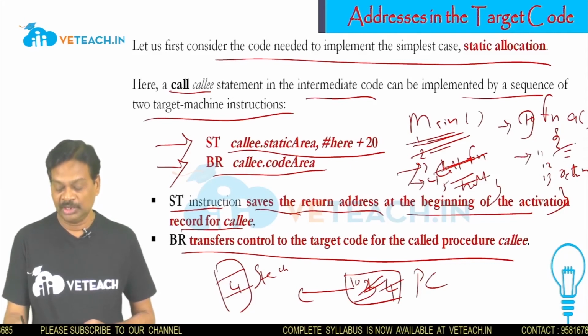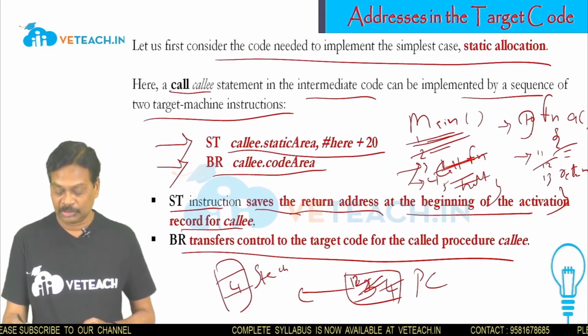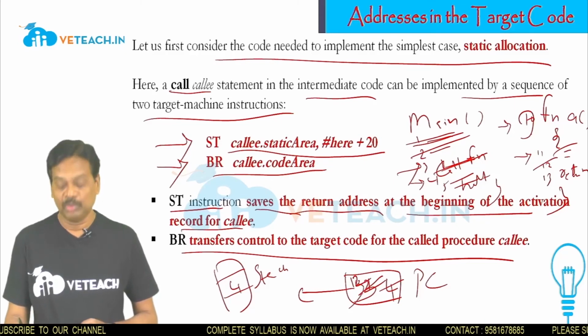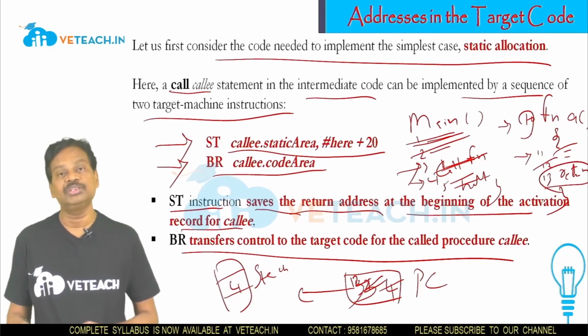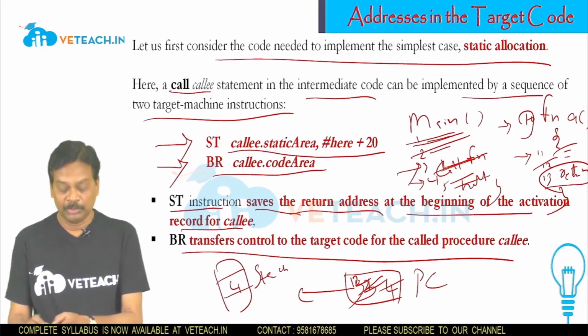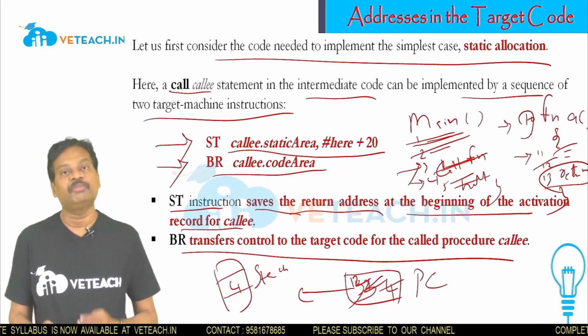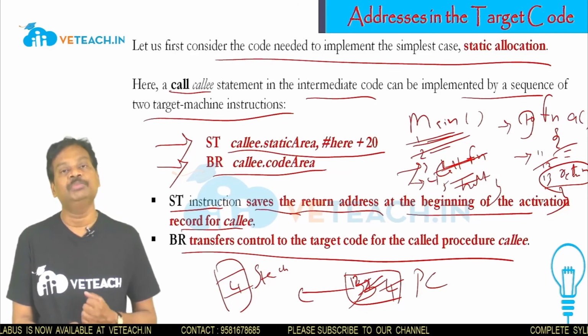It executes 11. While it is executing 11, the address is 12. So after 12 is completed, it is 13. What is 13? 13 is the return address. What is the return address? Return address means it has to switch from the subprogram to the main program. So while it is switching from the subprogram to the main program, from where does it have to execute? It has to execute from the fourth location.